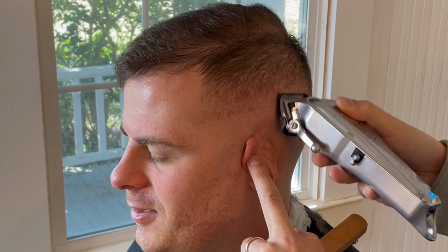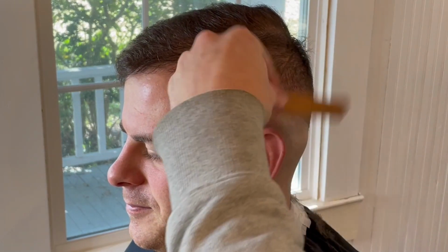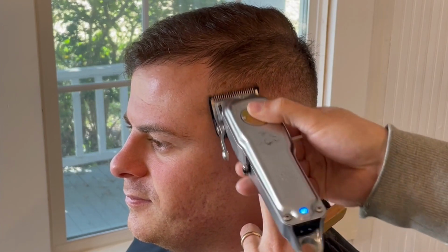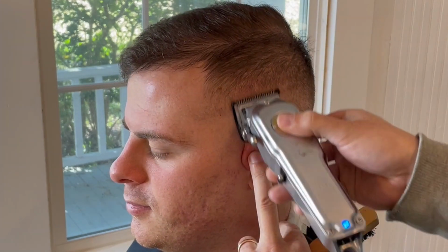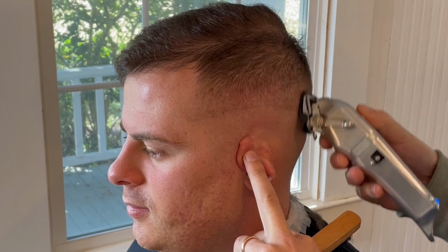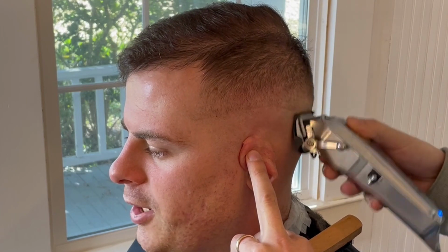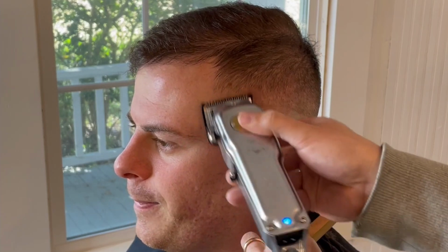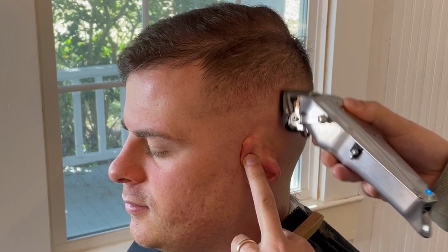Now I have the half guard on. I have it open, and I'm going into the 1 guideline that I created about midways. And I'm just kind of raking it. I don't want to dig in too much with this because I don't want to create another line. But after that, I'll close it fully and just tap into that line there. You're going to see that with that half guard open, it did create a little bit of a darker section there